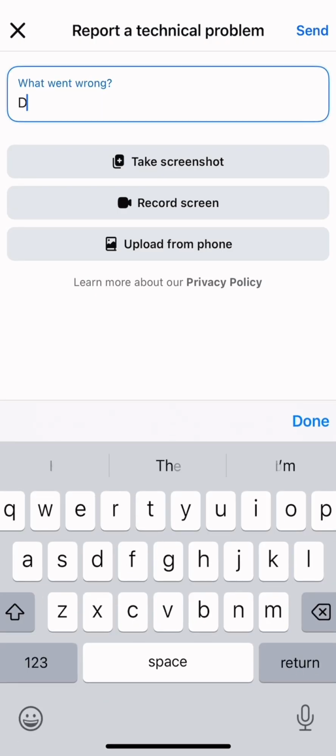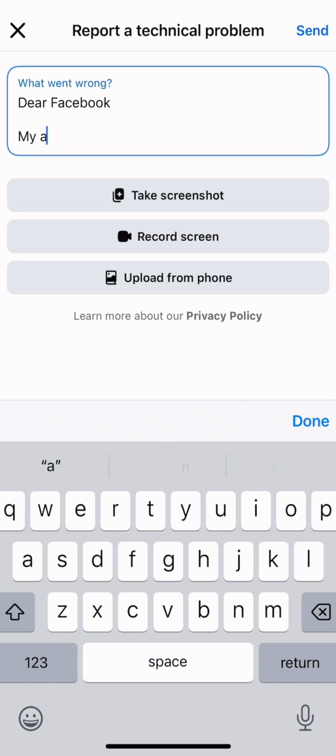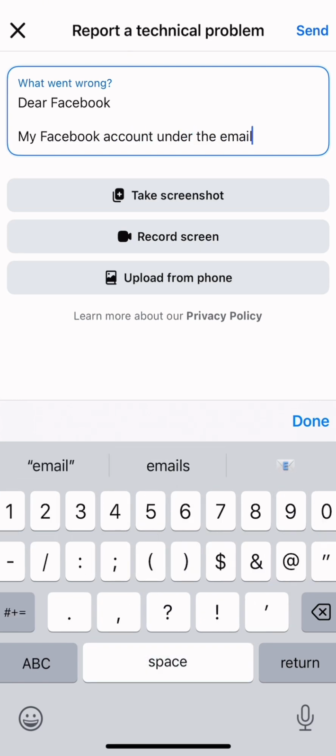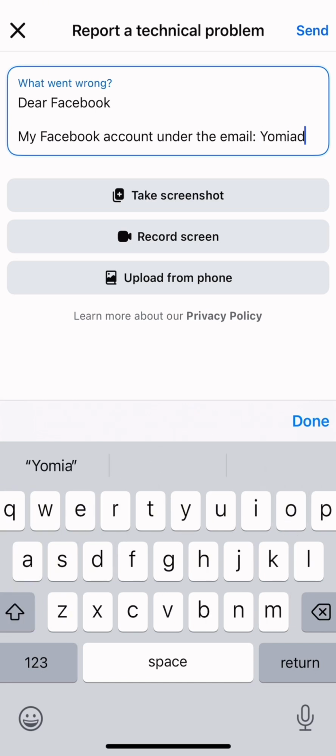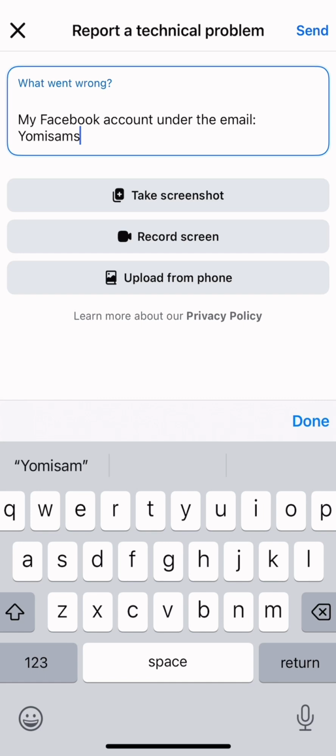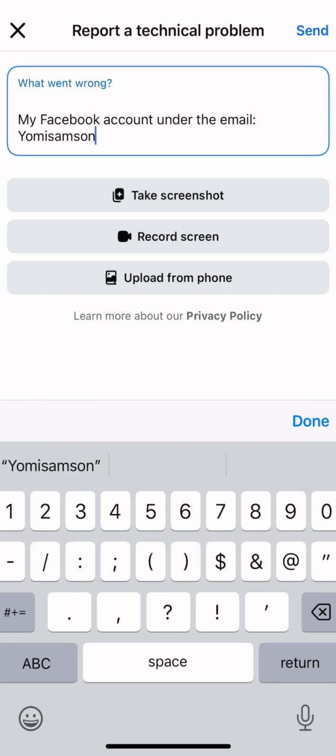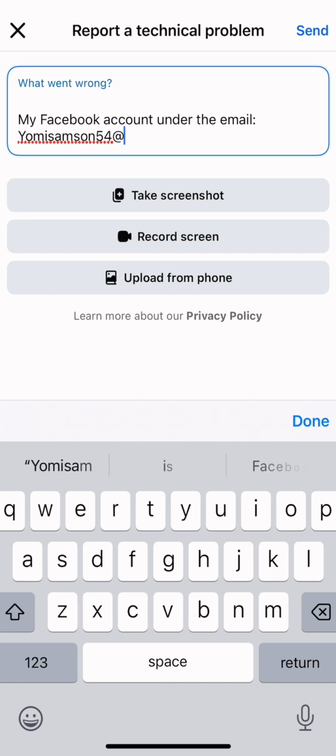So this is what you write to them. Just follow the way I am writing it, so you can contact them. You write to them like this, and then you tell them what you are facing with your account. If your account is disabled, you tell them. If you cannot follow groups on your account, you tell them. If you are demonetized, you tell them. If you forget your password, you tell them. If you lose your page, you tell them. Anything you are facing at all,